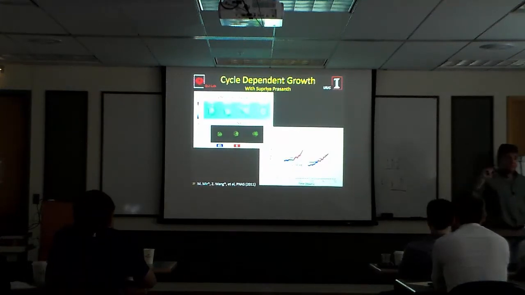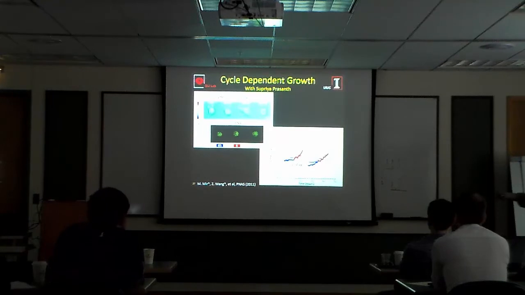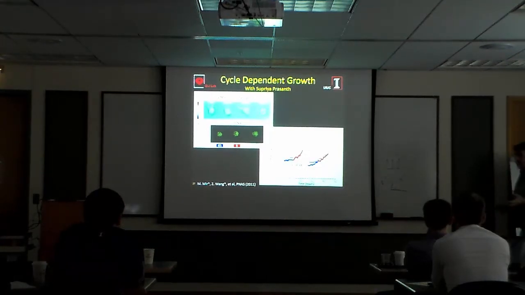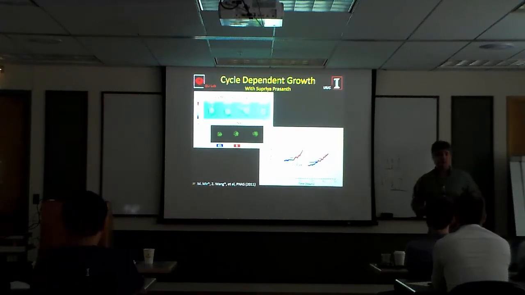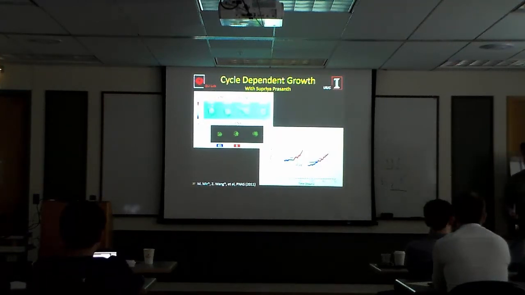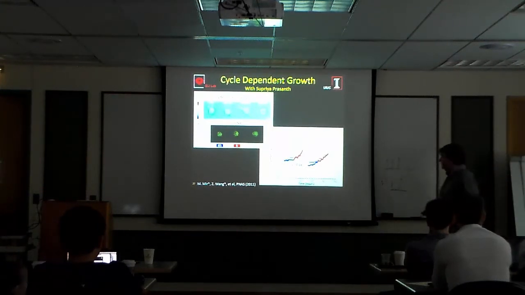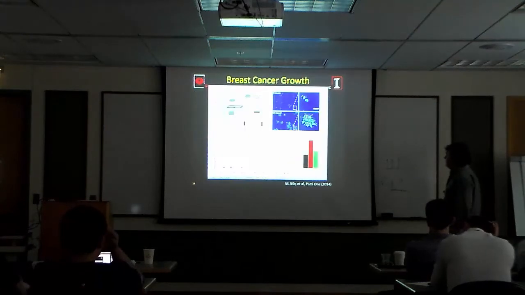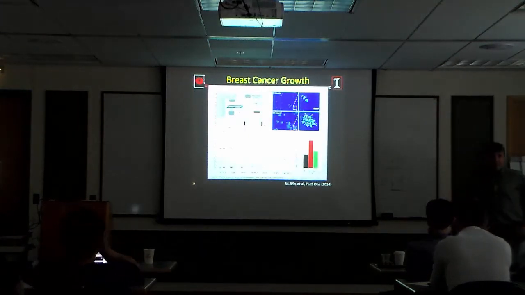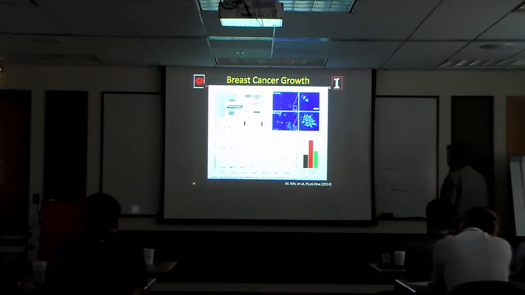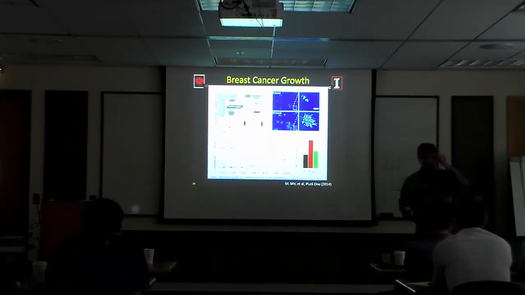So just pairing the phase measurement with the fluorescence measurement, we got curves like this. We're able to tell that, at least in this particular cell type, the osteosarcoma cells, they don't grow equally throughout the cell cycle. It's actually one phase where they seem to be growing the most. We don't know if that's universal, but the reality is nobody knows. I think this is the first time that mass versus time was measured for each phase of the cell cycle. We think this is a good method to test drugs, for example, for cancer.